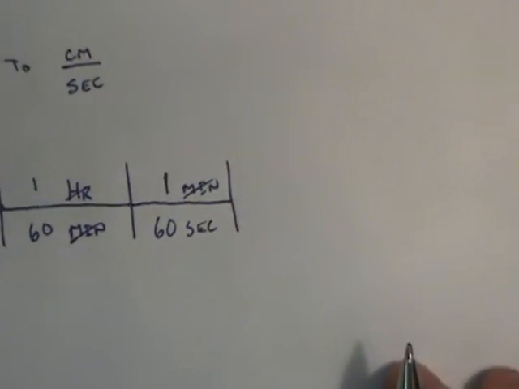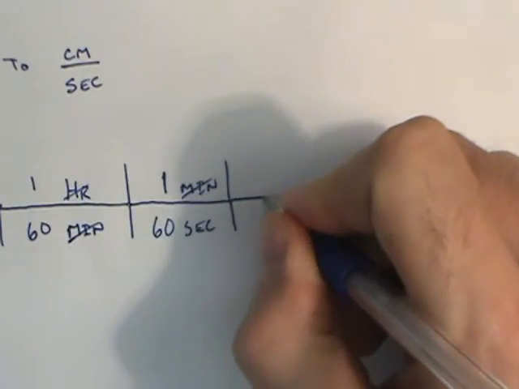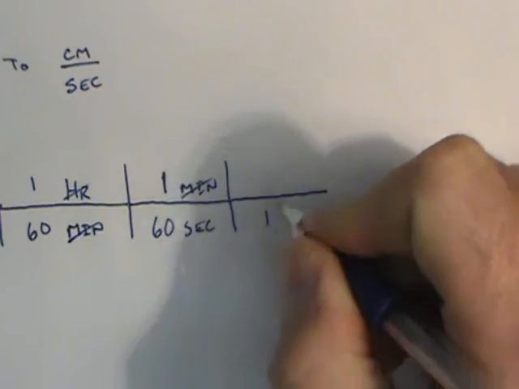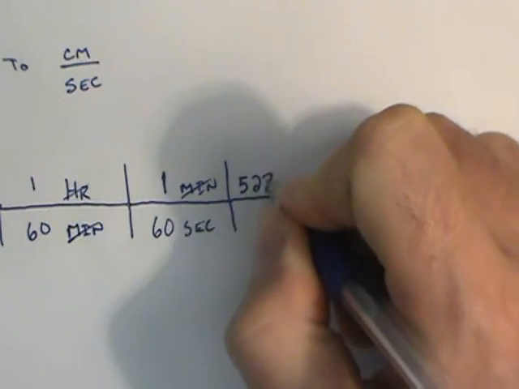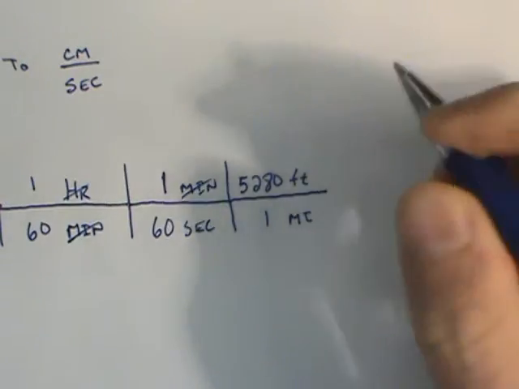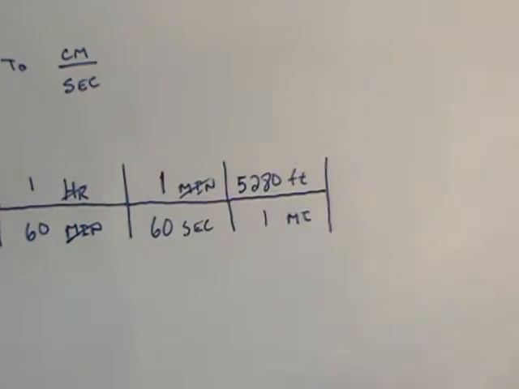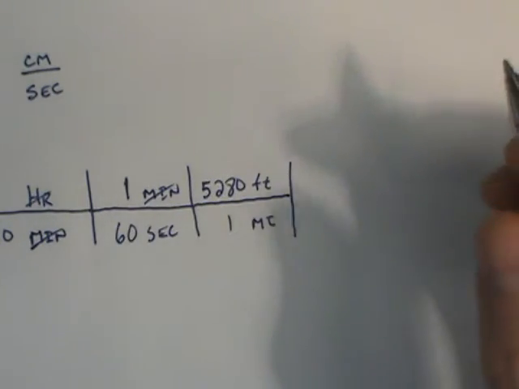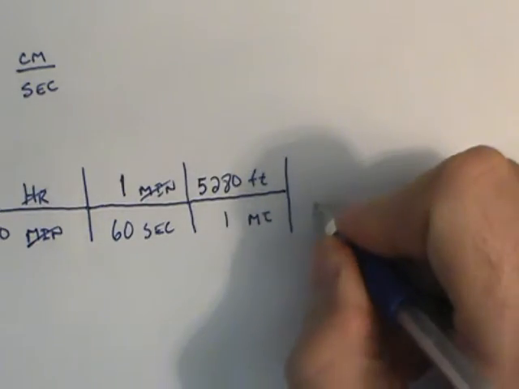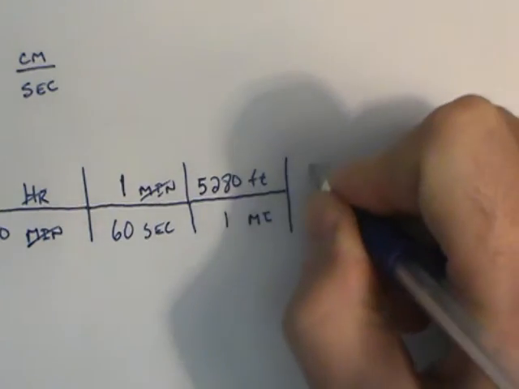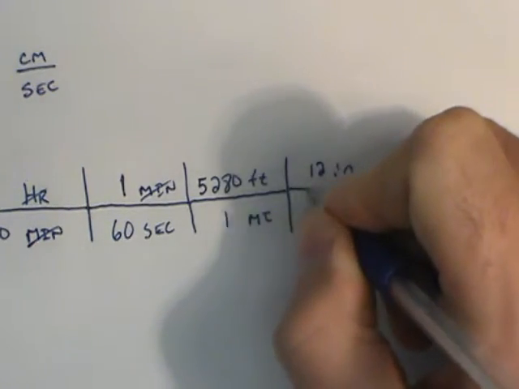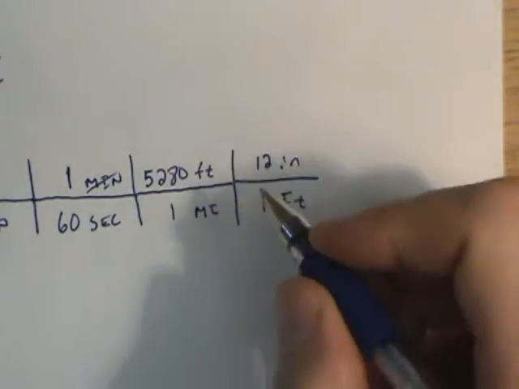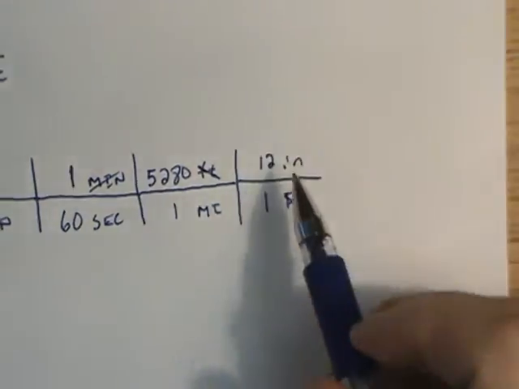And so the first thing I'm going to do, I'm going to try and cancel the mile out. I know that 1 mile is equal to 5,280 feet. And from the feet, I can say that 1 foot is equal to 12 inches. And then, of course, this would allow me to cancel those feet out. And it gives me inches per